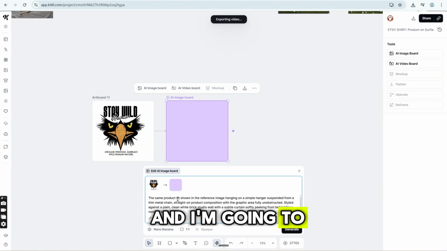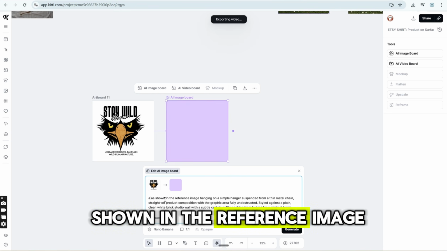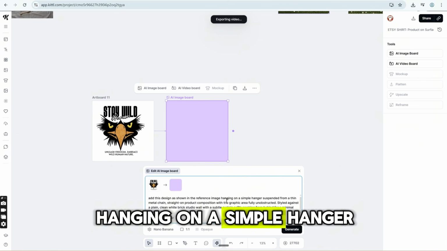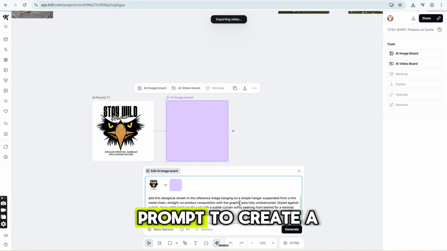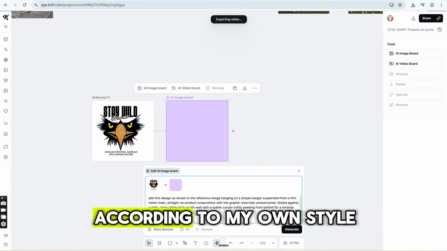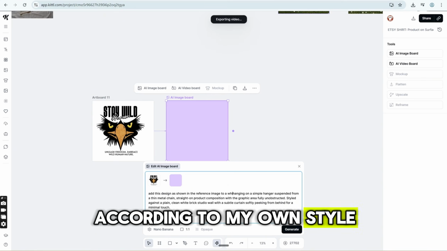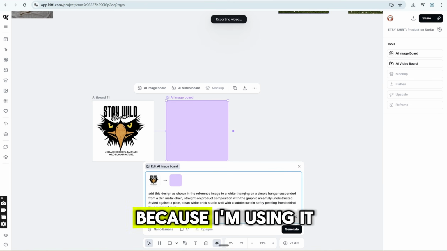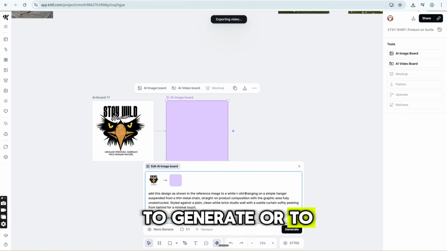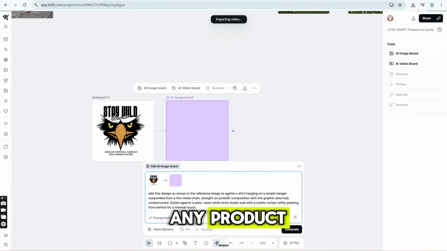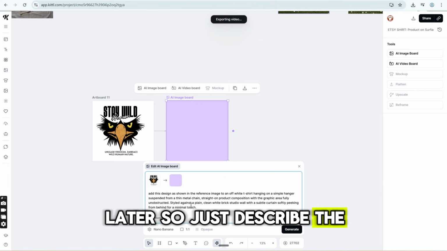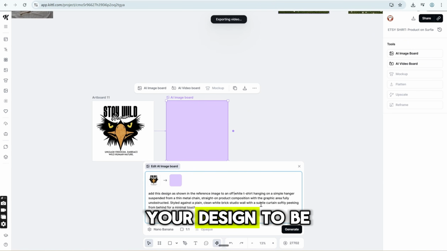And I'm going to write this prompt: add this design as shown in the reference image, hanging on a simple hanger suspended from a thin metal chain. I'm adding a prompt to create a mockup according to my own style, but this time the prompt is important because I'm using it to create the template that I'm going to use with any product later. So just describe how you would like your design to be on the mockup,